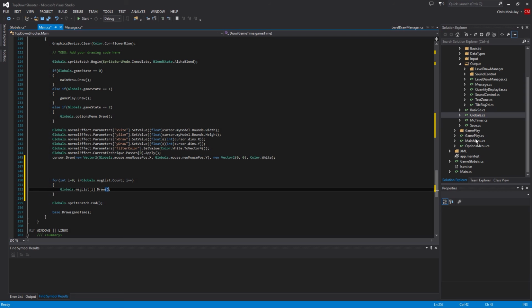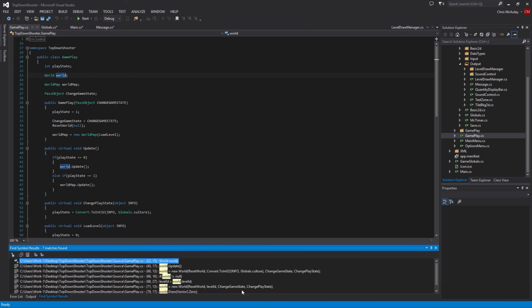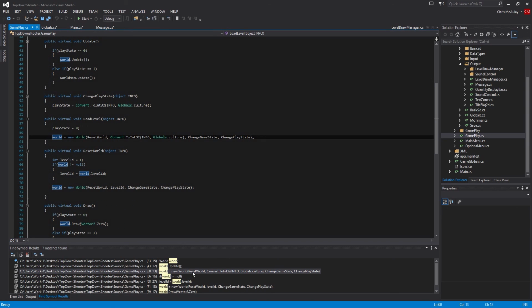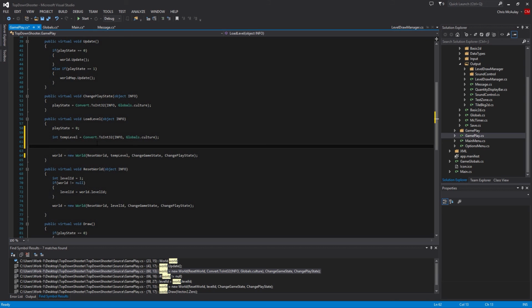So if we go to, I think it's in gameplay. It's when we create worlds. So find all references. This is, I think, where we're at. Yeah, let's do it right here. So first, let's say int temp level equals, and that's this here, because we're going to use this twice, so we might as well make one variable for it and not convert it out twice. And we'll say globals dot message list dot add new message,